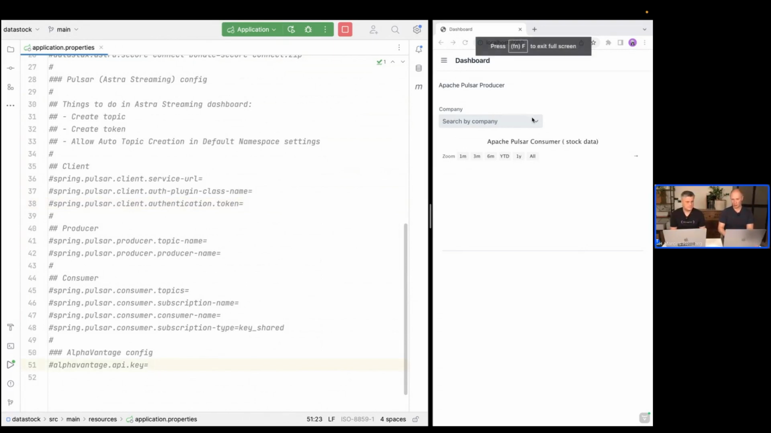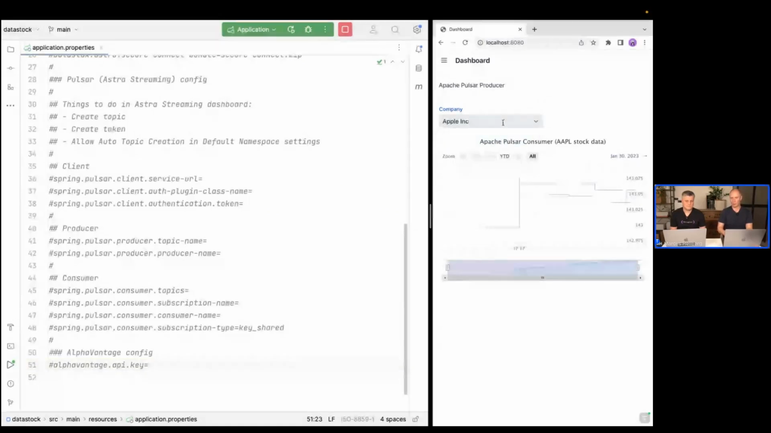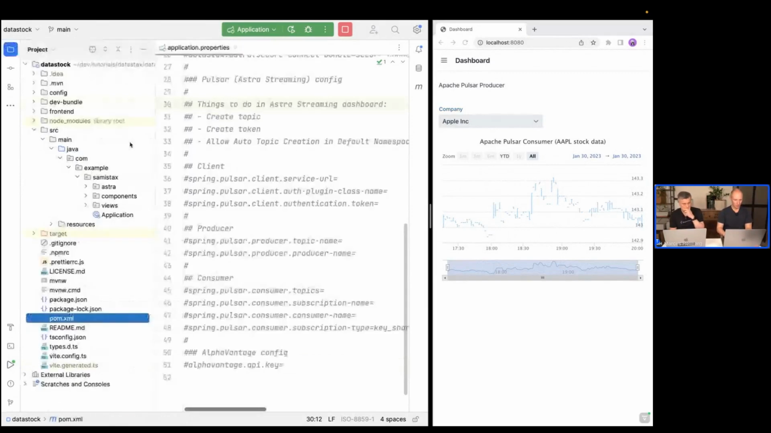So the way this application works is that we have a dashboard where you can select a particular company. When you select that company, it will start producing data into Pulsar, so it will start sending messages to that. And then we're also, in the same application, consuming those messages. So if we take a look at the actual code that was needed for building this, you'll see that it's